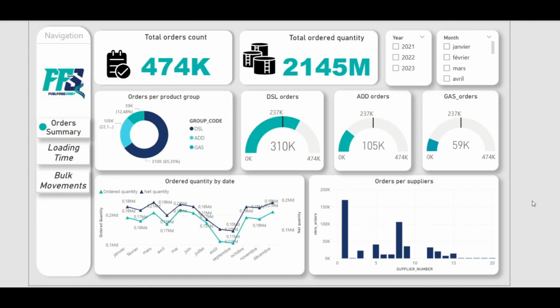Here we will start with our first dashboard, the order summary dashboard. Our KPIs are the total order count and the total order quantity. We have a pie chart for the orders per product group, 3 gauge meters for the DSL orders, ADB and gas orders. We also have the ordered quantity and net quantity per date, and a bar chart for the